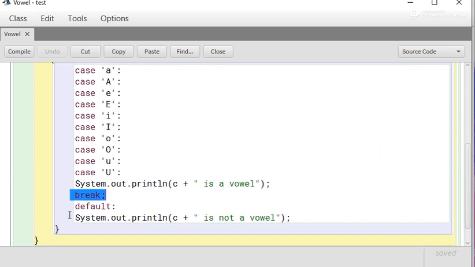This break is important, because if you don't give this break statement, then it also displays the message it is not a vowel. You can see this. For some time I have deleted this statement from here. Now compile it. There will be no error. If you omit the break statement, there will be no error, but your output will be wrong.